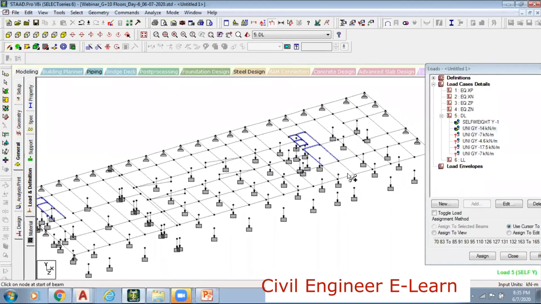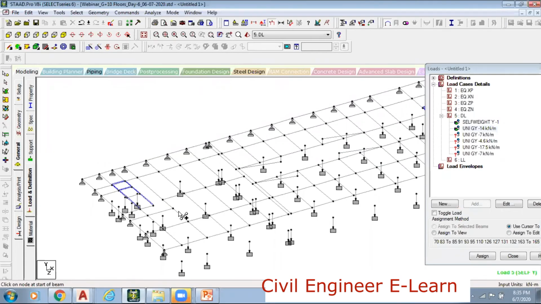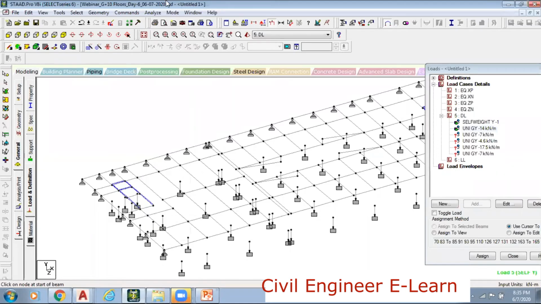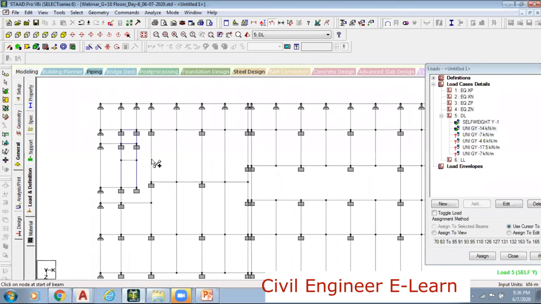Select this, done. I also just wanted to add one more member either here or here, because there should not be a kind of an L-shaped slab. All four corners of the slab should have been closed. It should be enclosed, right? If I can just see this top view, how is this? See, this is looking like a mirror L shape. It should have been closed either this way or this way, right?